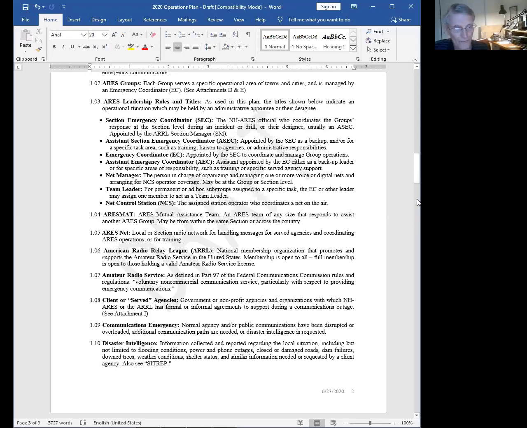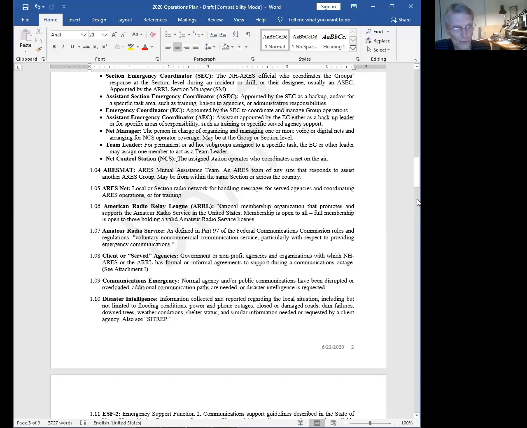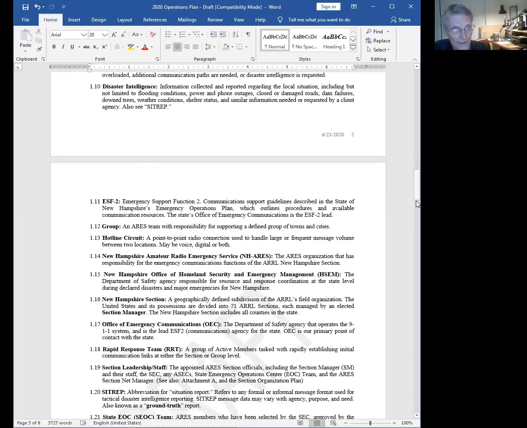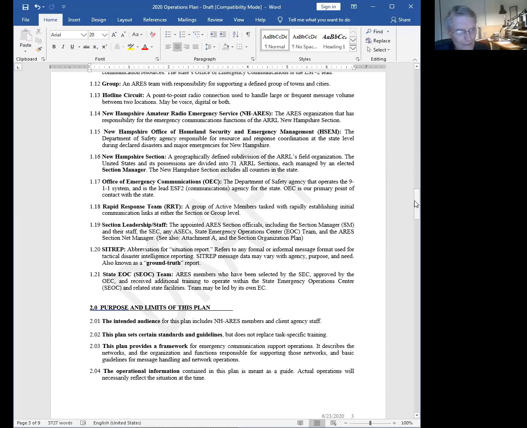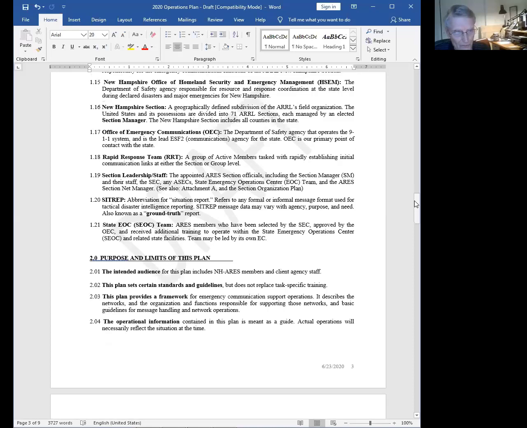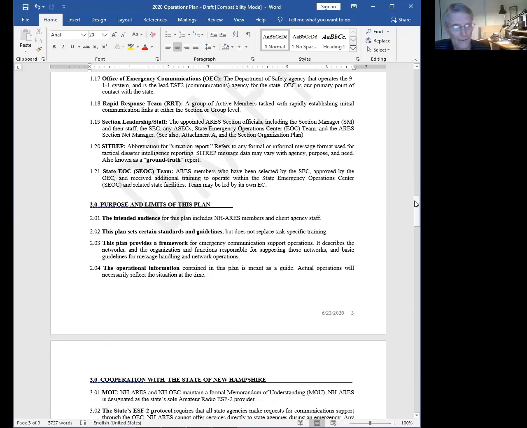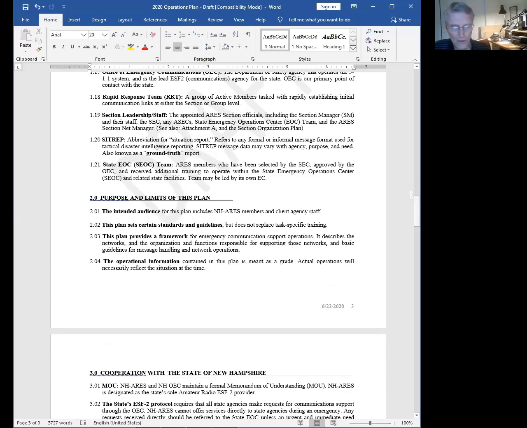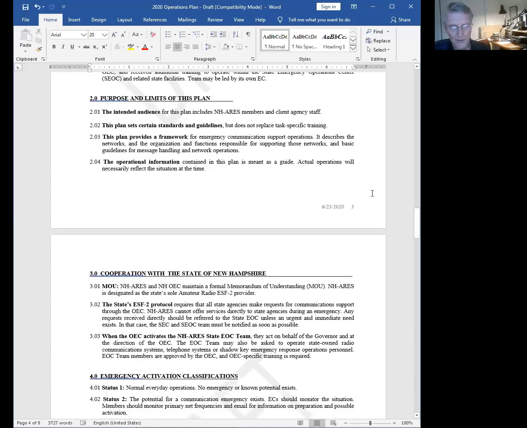So that got cleaned out. And let's see, anything else we added here? I don't think so. I think most of what's here is pretty much the way it was. We get to the purpose and limits of the plan. Not a whole lot of changes here. I mean, our purpose is pretty much the way it was, but I did cut down the wording a little bit, as I recall. I wish I had the old plan in front of me right now, so I could point out specific changes.